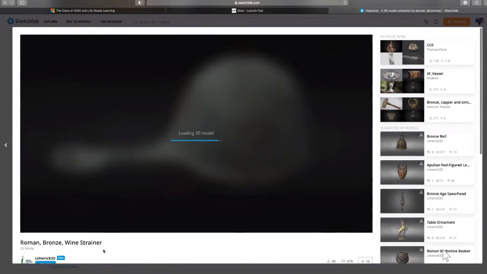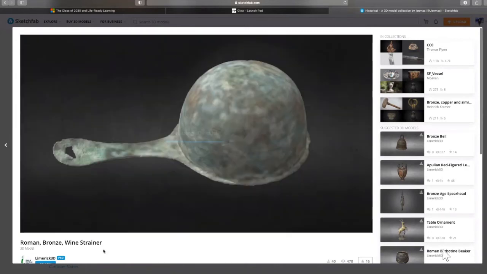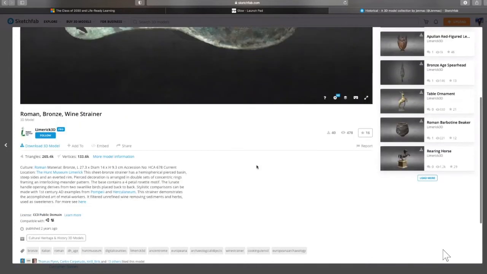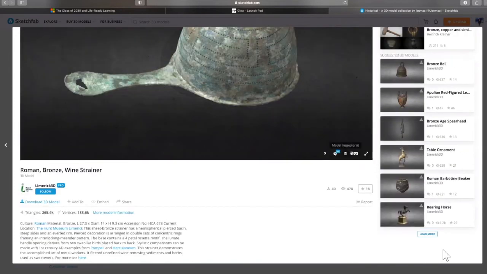And we can see where it's come from. So it's come from the Hunt Museum, it's from Limerick. They've given me information, they've confirmed that it's Roman, and they've given me the dimensions. Again, I have that option to look at it in a VR viewer, but I can also use the model